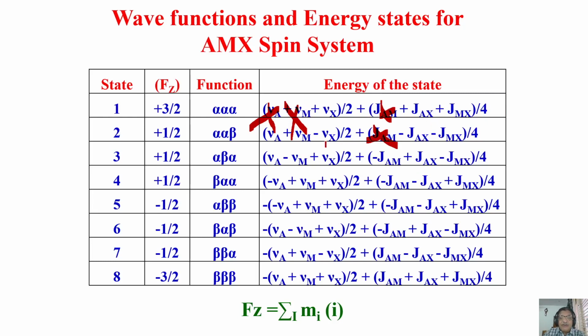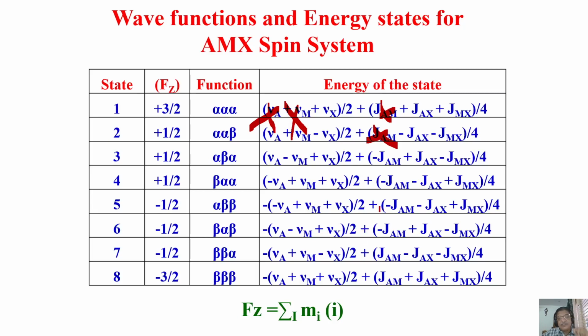From the position of chemical shift of x, one peak is there which is moved by J by 2 of ax coupling. There is another peak which moved to the right by J by 2 of mx coupling. You can simply find out the other one also like this. You can see one more where the couplings will be moving to the left. What is that? You can find out which is which. So in another transition, you can similarly find out there will be two transitions that move to the left of x.